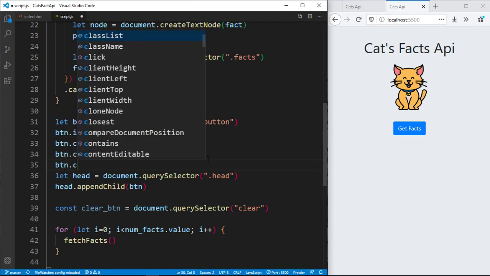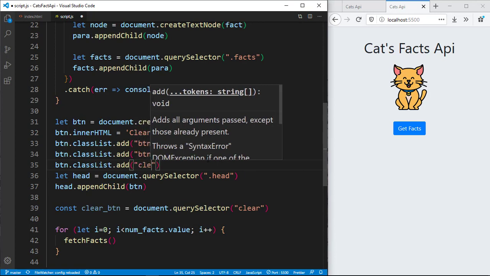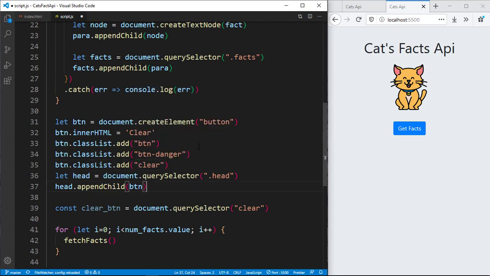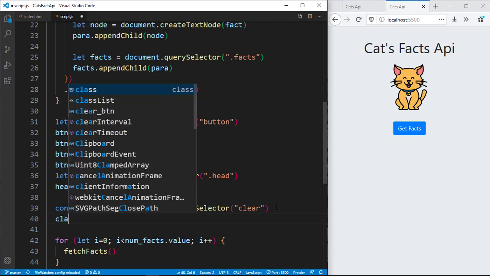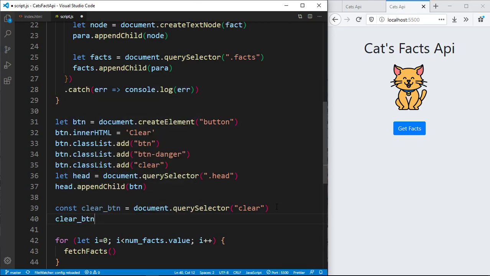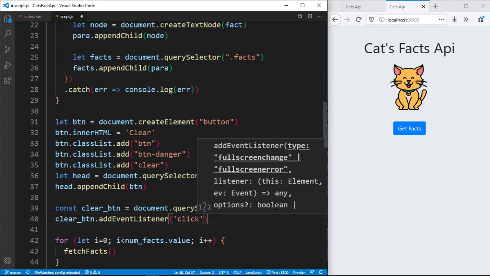So btn.classList.add, a class of our own, which is going to be clear, in order to get it and just run some functions with that. Okay, so document.querySelector, which has a clear, and now I want to say clearBtn.addEventListener. So if anyone clicks on that, we want to be able to run